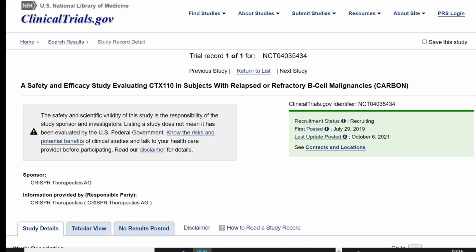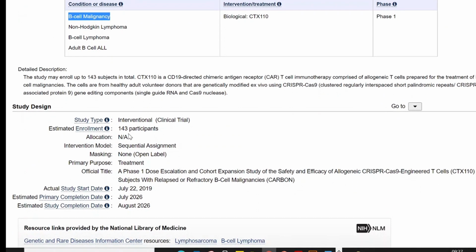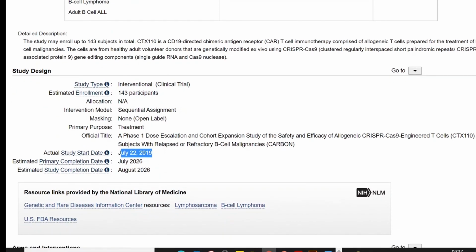So if we take a quick look at clinicaltrials.gov in order to see what this trial is really all about in terms of patient numbers, etc., the details are here. So we're dealing with CTX110 in a phase 1 clinical trial, so that's precisely what we're dealing with. And this applies to various blood malignancies, B-cell malignancy, etc. CRISPR Therapeutics plan to enroll up to a maximum of 143 participants. Note that this study actually already started in July of 2019 and with a completion ultimately by 2026. So the results that CRISPR Therapeutics are presenting here are from a relatively small subset of the 143 patients they